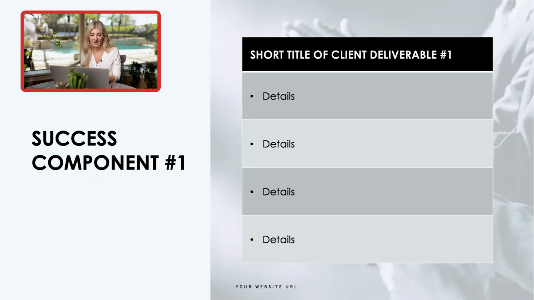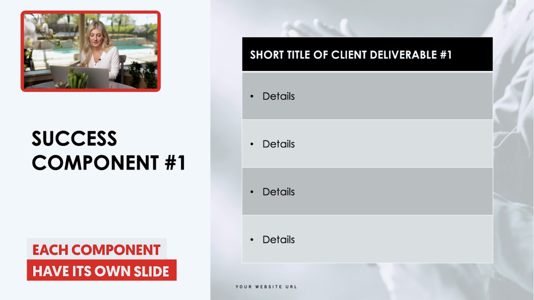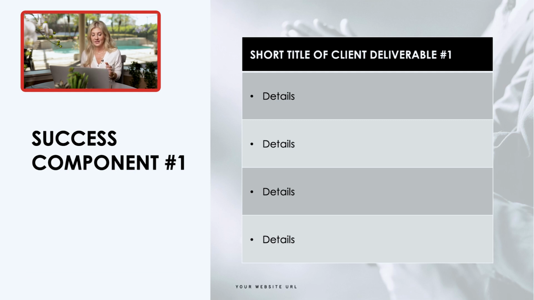Then in the next few slides, you want to actually get into the meat of what it is that you are providing to your clients. And for each component, each piece, each puzzle piece that you are providing to them, you want that to live on its own slide. We prefer to call these success components because these aren't just things for the sake of checking a box. You're providing these components of the initiative based on what's going to drive the prospect's success. So each success component lives on its own page of the proposal. You're going to give a short title of each of those client deliverables and up to 4 bullet points further